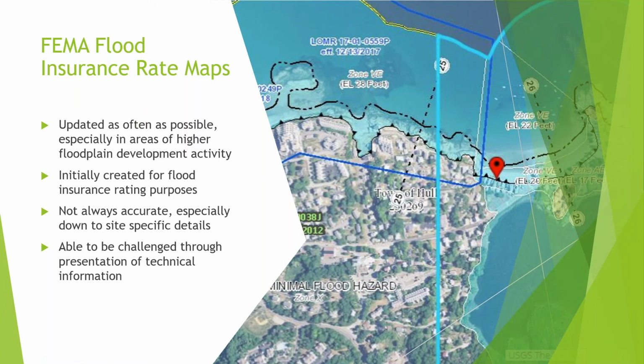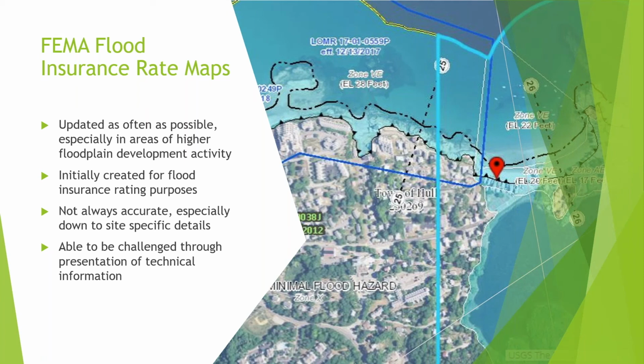There are areas of the map where specific detailed studies were done, but there are other areas of the map where it's more of a broad brush stroke, and I'll be showing you as we go through. And so in those cases, sometimes for a specific parcel of land or a specific structure, the map can actually be wrong. And that's what we're going to talk about today, is when that is wrong, what do we do about it? So FEMA does have a process through which the maps can be challenged, and it's called the Letter